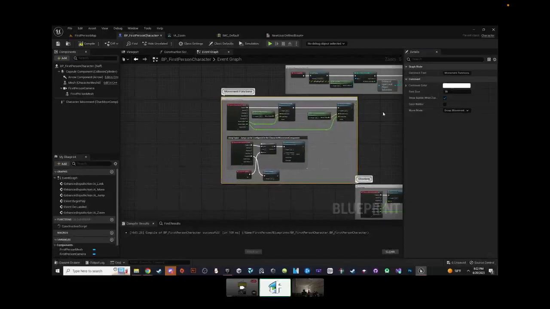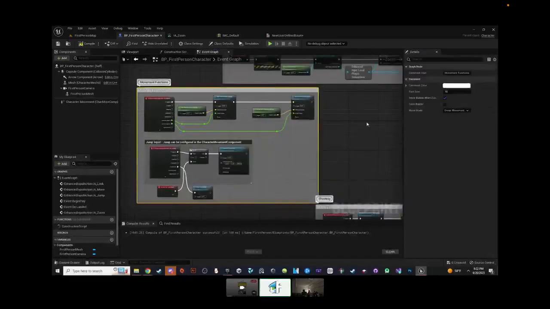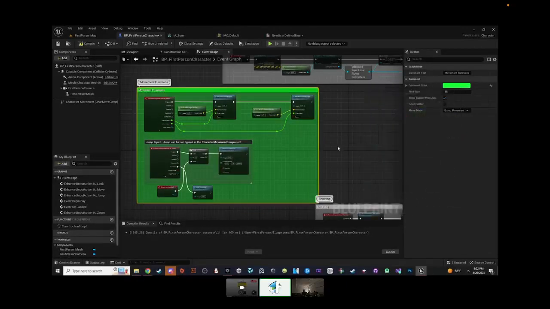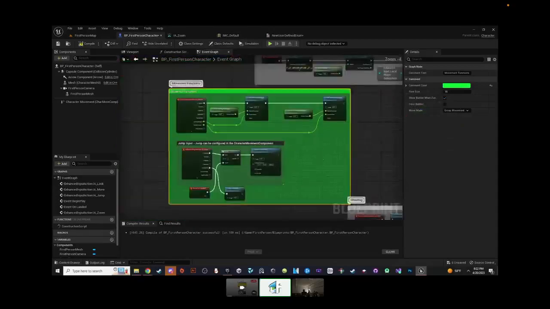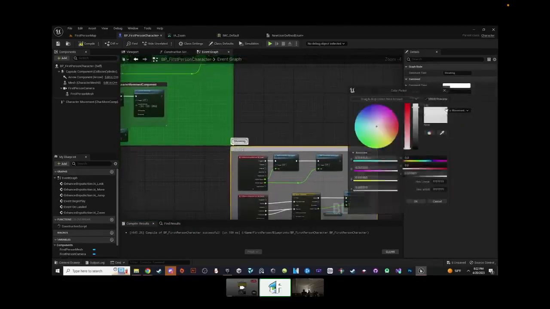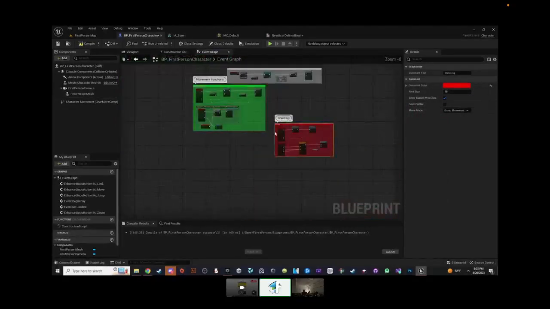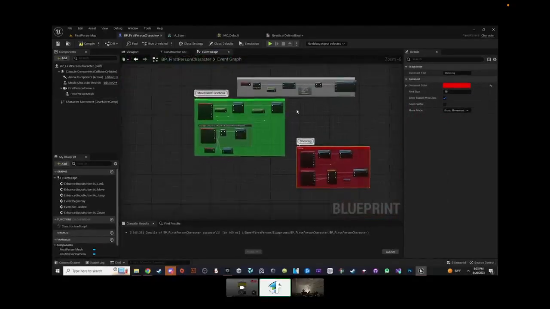And one last cool thing, unfortunately I don't utilize this a lot, but you can even color code it as well. If you're that guy that's color coded, you can make it green, so green represents your floats and your movement. Let's say that's gonna be red because red's a cool color, so that's gonna be your shooting. So you can even color code it as well.